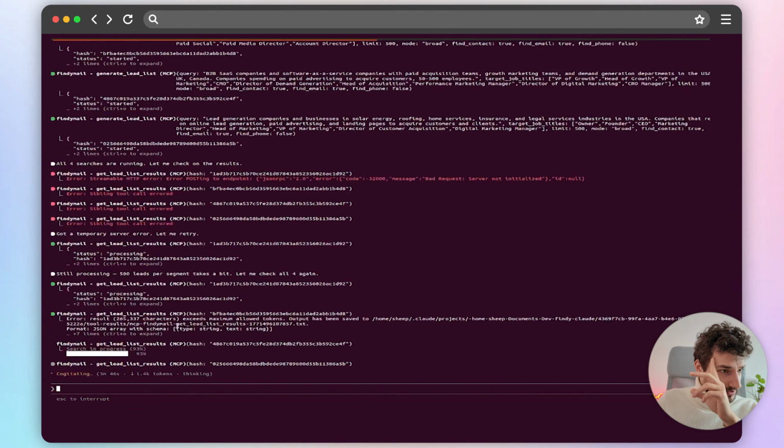So it's still building the different searches. I think one completed and is checking the others. And so what we do here is finding the context and finding the emails. And the second thing that makes FindEmail great is the fact that the email verification is already included. And so all the emails that we got from FindEmail are already verified, and we can use them right away